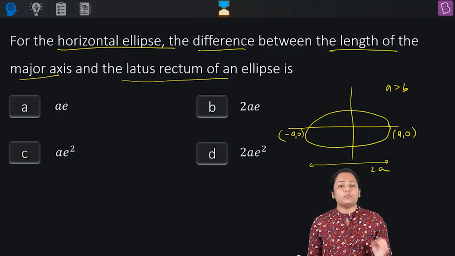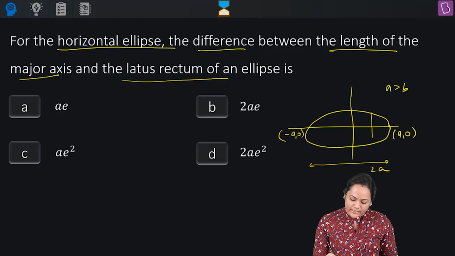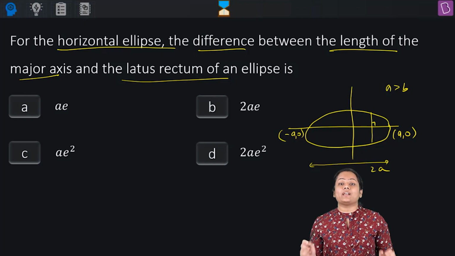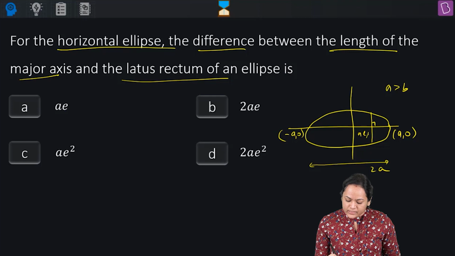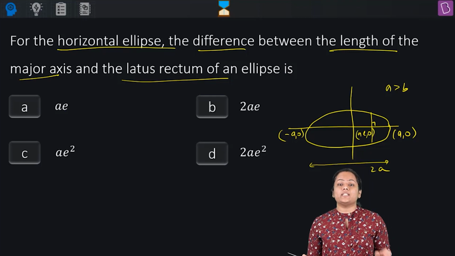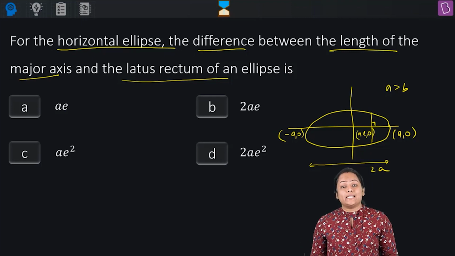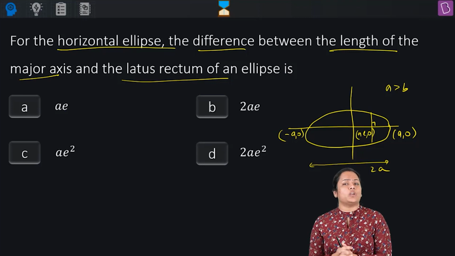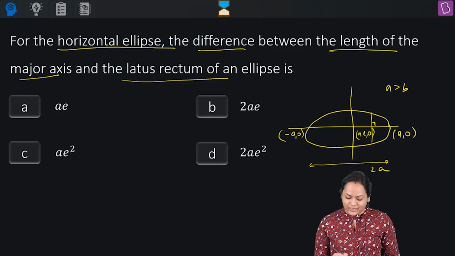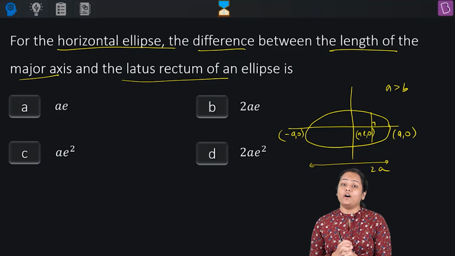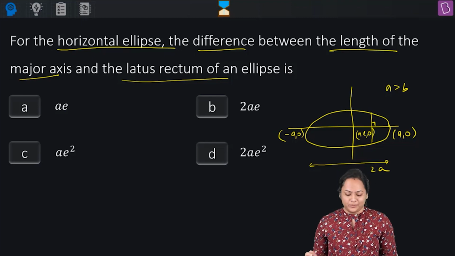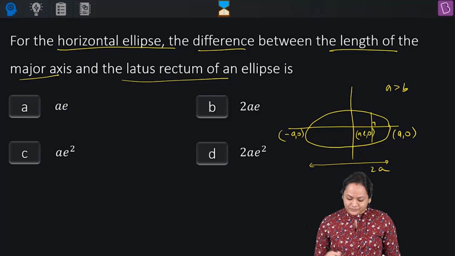Further, what they have given, latus rectum. Now, what is latus rectum? Well, it is your chord, or let us say a double ordinate, which will be perpendicular to major axis of the ellipse, and you know it will definitely pass through the focus. Let's say it has the coordinates (a, 0). So what is the length of LR, guys? Can you recall? Well, it is 2b square by a, that's correct. So I have with me length of major axis as well as the length of LR, or the latus rectum of the ellipse. So let's start solving, guys.